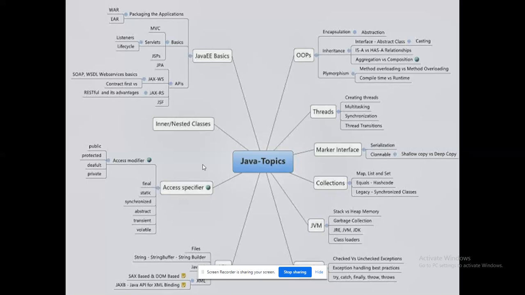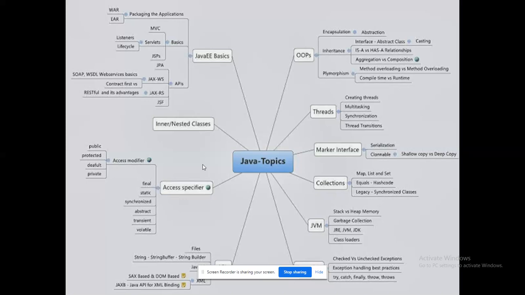Threads are in our syllabus. Next, marker interface, regarding serialization and cloning, is also available. Collections are nothing but the data structures that we are going to work with. Next, about JVM, we are going to discuss this in the first unit regarding memory management. Exceptions, we are going to work with that. Next, string, files and XML, so we will be viewing those things also. But XML you will learn as service-oriented architecture as a separate subject in your 7th semester. But don't worry, Java will have a role there too.